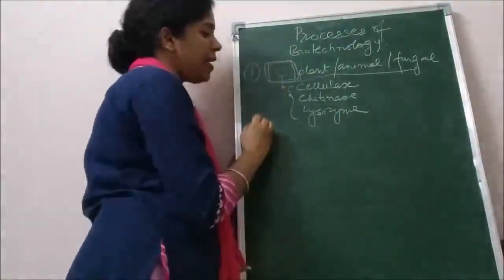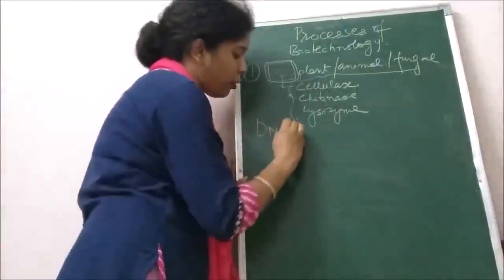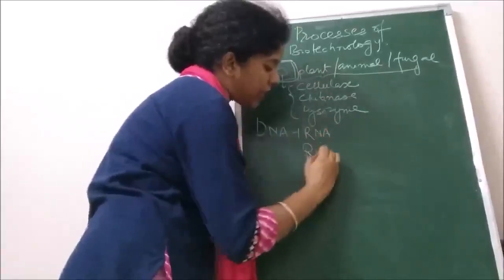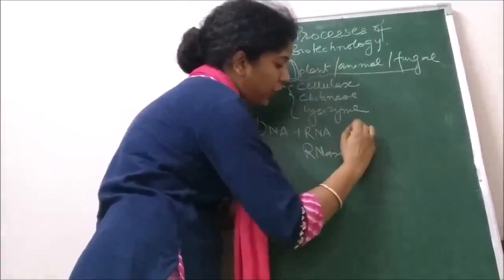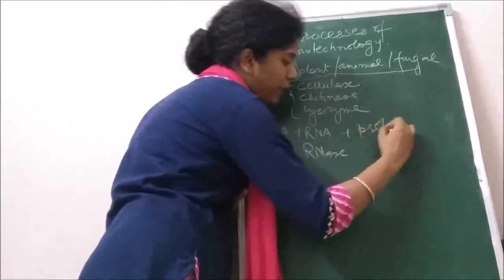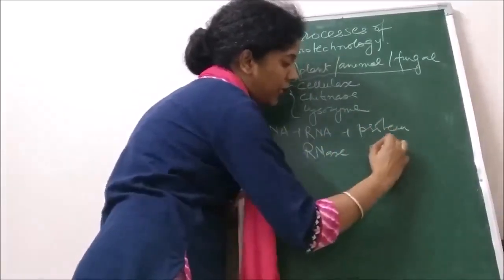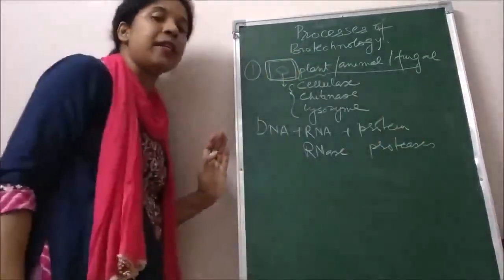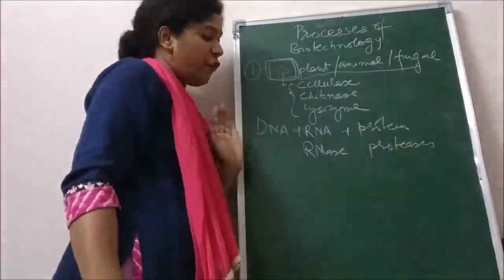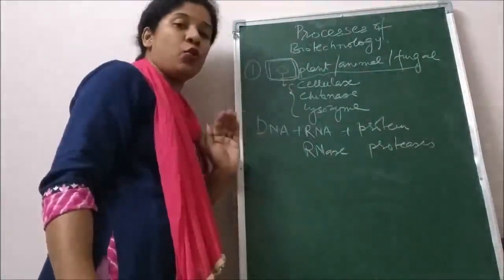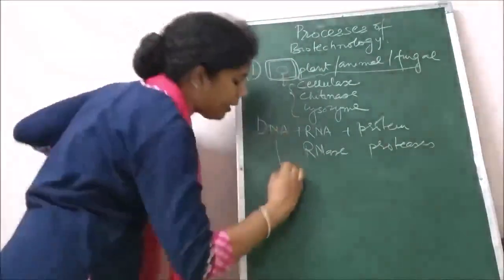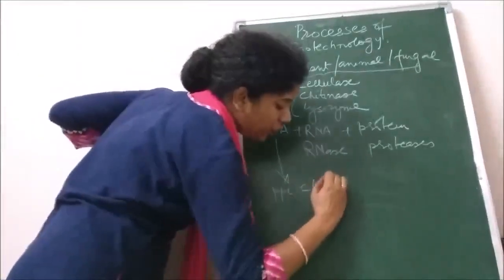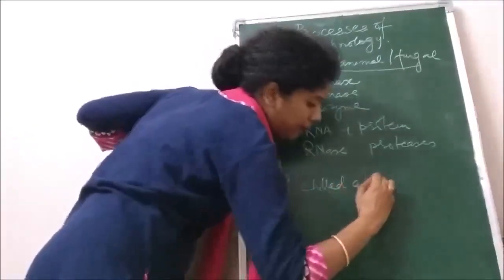Then the DNA is in close association with other molecules like RNA. The RNA is removed with the help of the enzyme RNases. The protein is going to be removed with the help of the enzyme proteases. And everything else from the initial decoction is slowly removed, and then the DNA is precipitated in the presence of chilled ethanol.